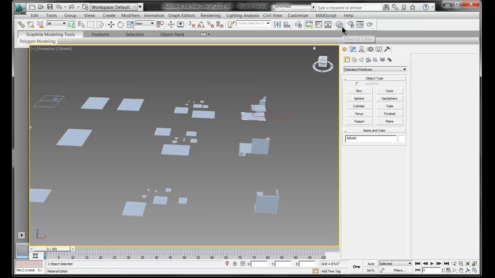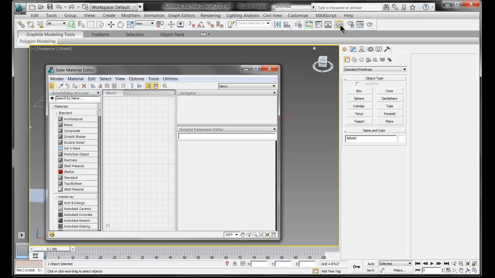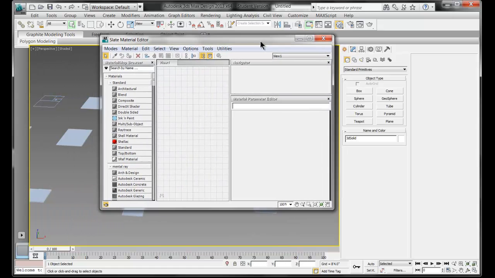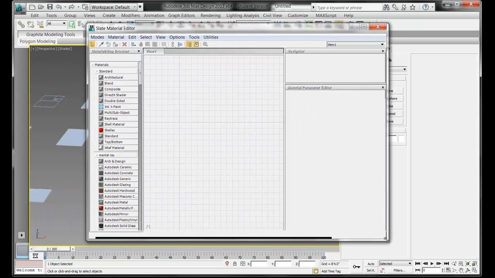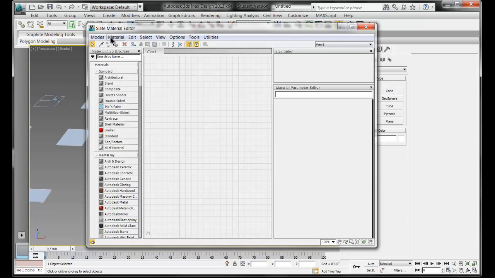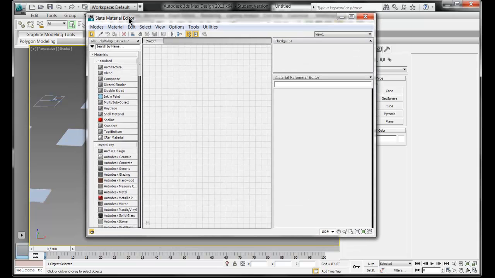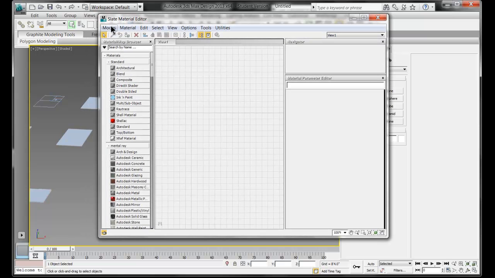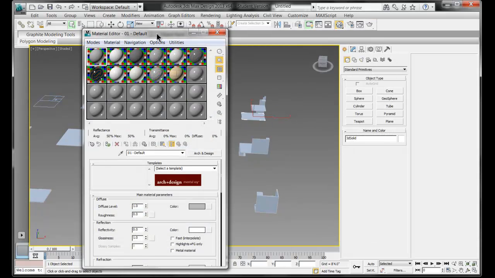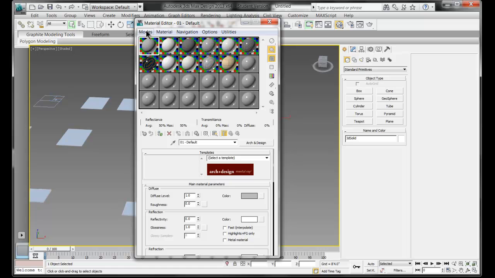attachment. Right, so the material editor is located at the far right end of the main toolbar, and the keyboard shortcut for this tool is the letter M on your keyboard. So you can either click this icon or press M on your keyboard, and this will open the material editor. Now this editor is called the Slate Material Editor, and it's a newer editor to 3D Max, starting from about version 2012 or so. There's another material editor if you prefer under modes. It's called Compact Material Editor. So there's a little bit less to look at. You can check both modes out and see which one you prefer. But if we go back to the Slate here,